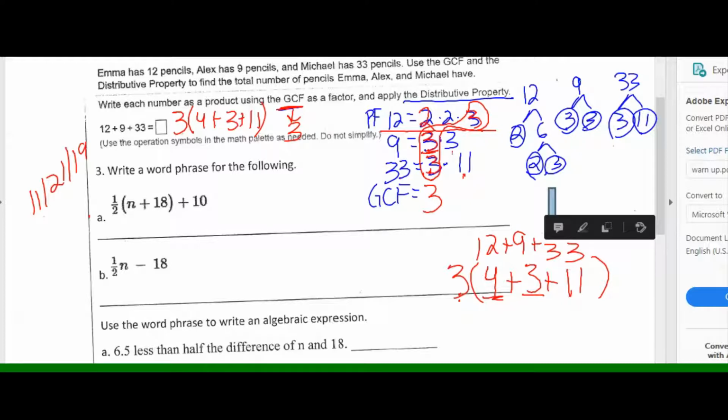Okay, so we want to write a word phrase for the following: half of the sum of a number and 18 plus 10. That's one way to say it. Or you can say 10 more than half of the sum of, because we're adding 10 to what? Half of the sum of. So this is 10 more than, which is right here. And then half